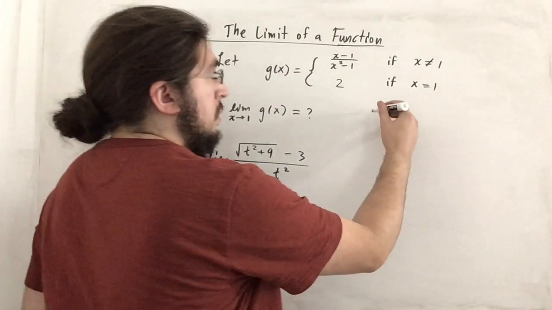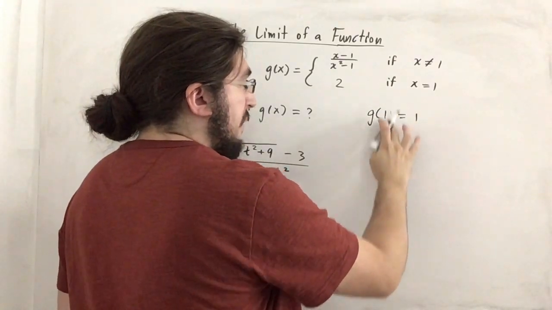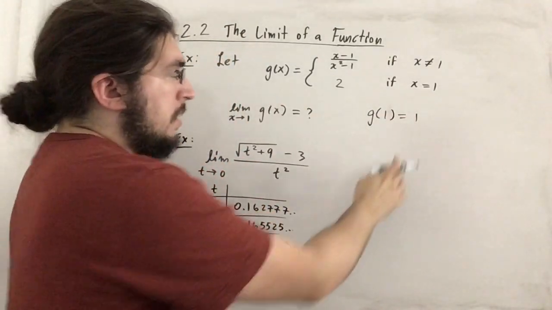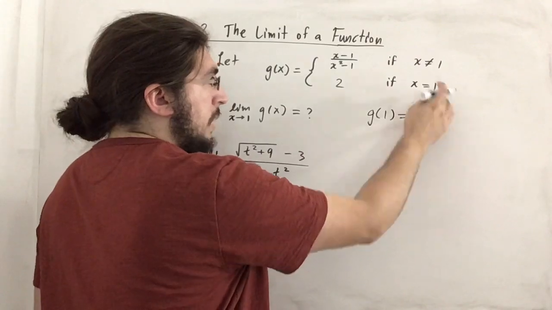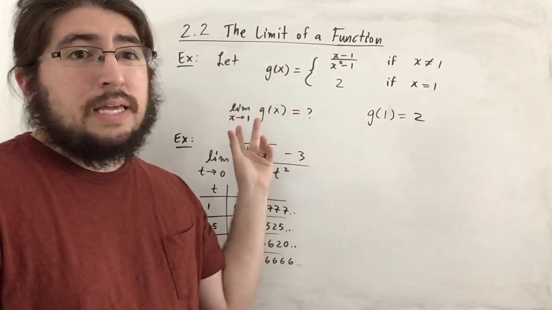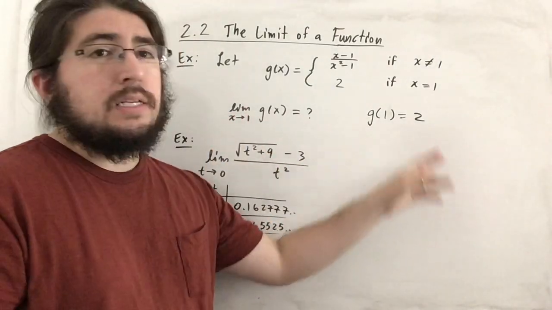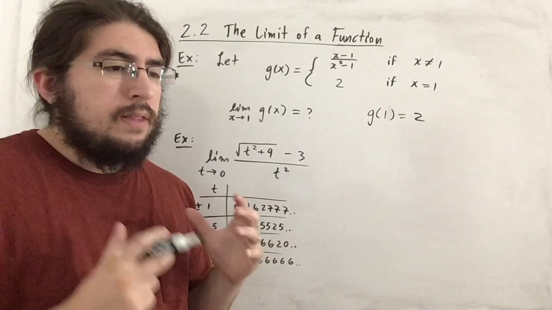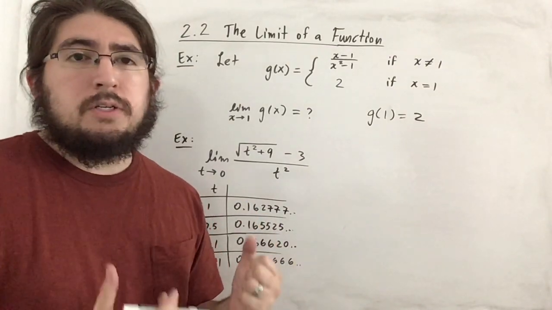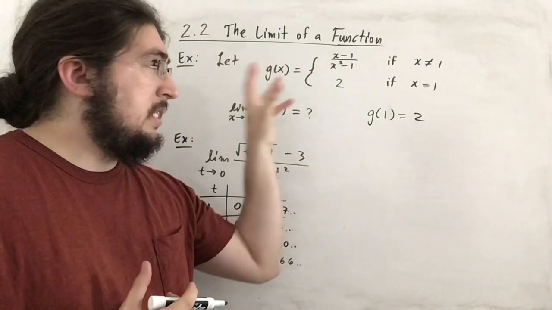So g of 1 is actually equal to... not 1, I'm sorry, it's 2. When x is 1, g is 2. So if you apply DSP to this limit, technically, as x approaches 1 of g of x, technically by DSP you get 2. Now, the idea behind direct substitution doesn't actually apply to weird functions like this where you have